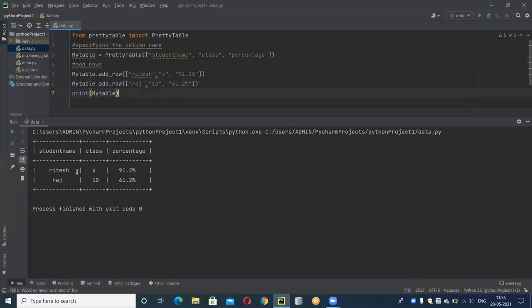Now I have a task for you guys. As you can see, I'm mentioning in every single line add row, add row, add row. But you have to find out how to write the code to add rows. Means I'm asking you to do it in a single line. I have to add two rows, for example, I am using add row, and in that I have to mention Ritesh and Raj, but in a single line. So the hint here is add rows. Clearly understand my term.